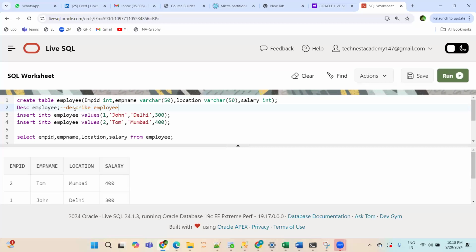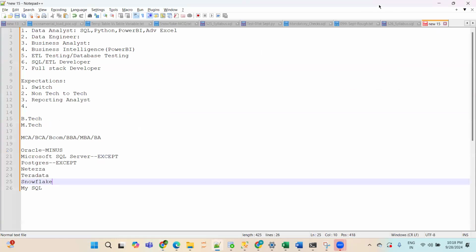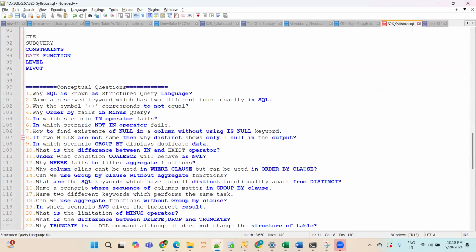Okay, sure. Thank you. I think you might have studied it earlier. That is why you're getting confused. But it's a valid question. Here this DESC stands for describe. But if you use it with order by, it will become descending. And this is the question you have here: name a reserved keyword which has two different functionalities in SQL.